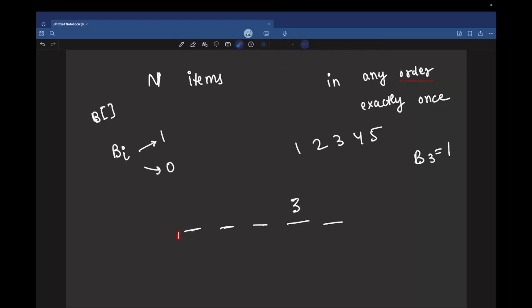So if I have bought any item before this item 3 such that any item j such that j is greater than I, where I is 3,